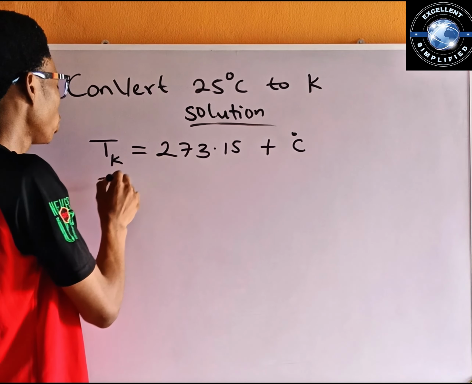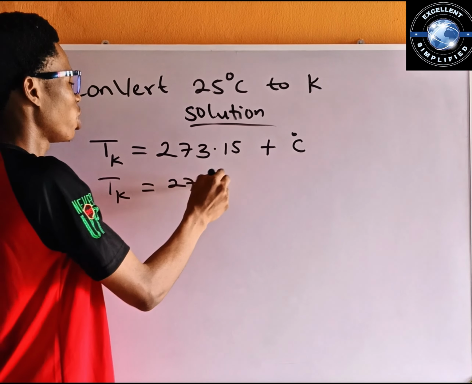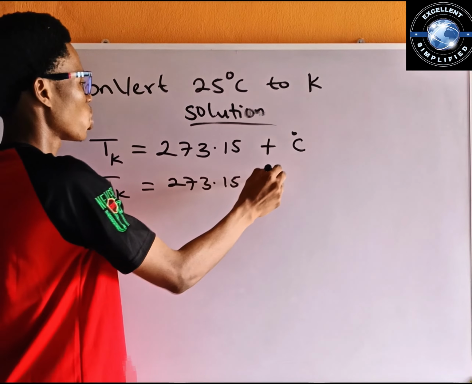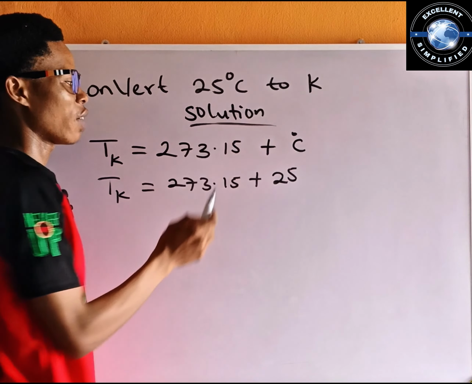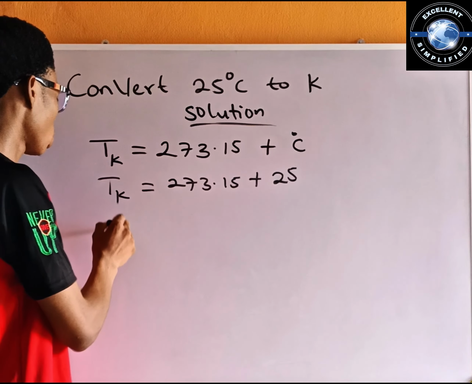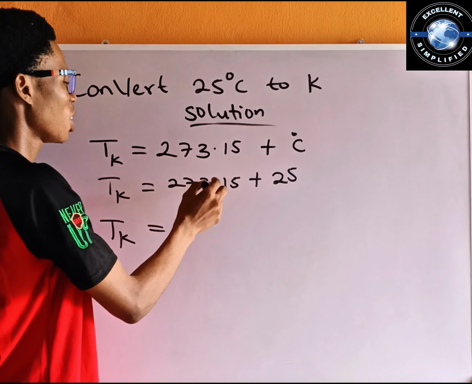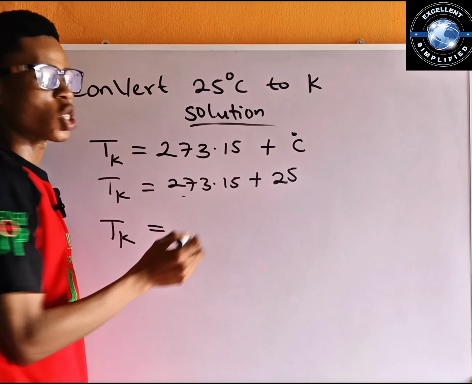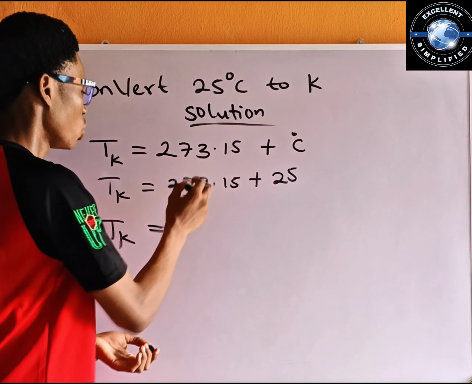So the Kelvin temperature will be equal to 273.15 plus 25, because the Celsius temperature is 25. That was what we were given. So the Kelvin temperature now will become 273.15 plus 25. So you don't even need to press your calculator at this point. You can just say